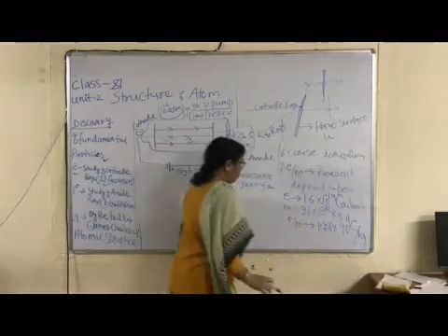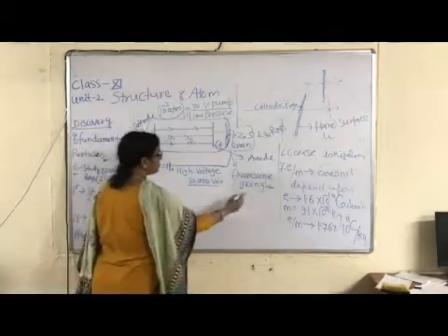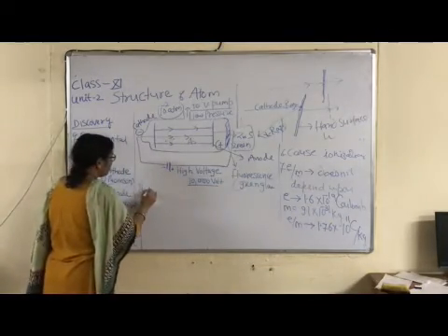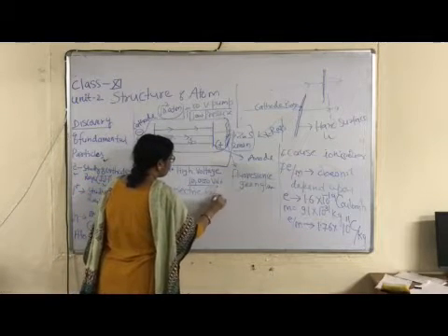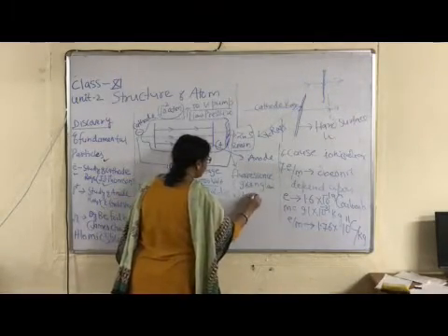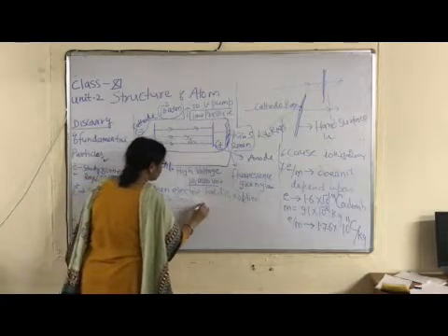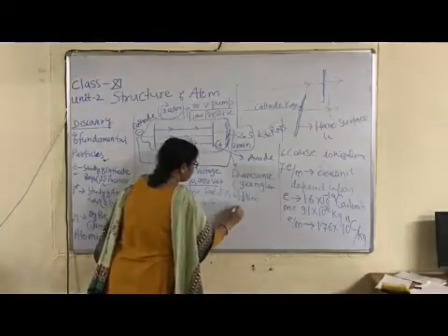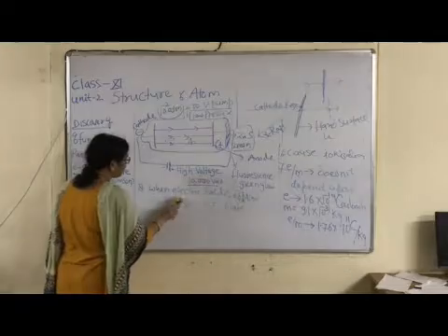Now children, the next property of cathode rays, when an electric field is applied. The eighth feature: when an electric field is applied, they deflect towards which plate of the electric field? The positive plate of the electric field. So what arrangement is required for the study of this property?